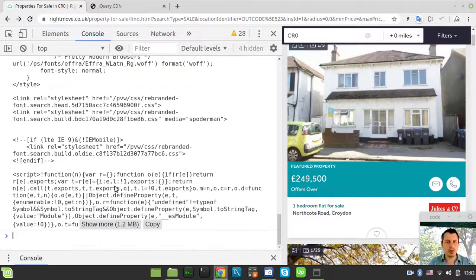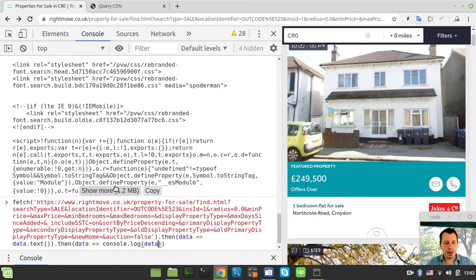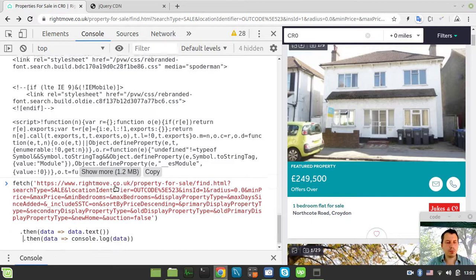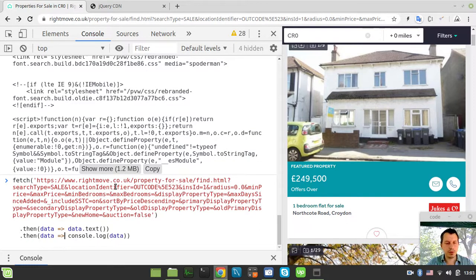So now we got our source, which means that from now on, in the second then method, we can actually try to work with our data parsing. And also, just to make it prettier, if I hold the shift and hit enter, I can replace these thens in a more pretty printed way, like so. Okay, so now that we got our data, the next thing to consider would be to parse this using